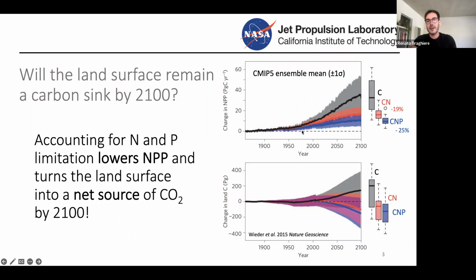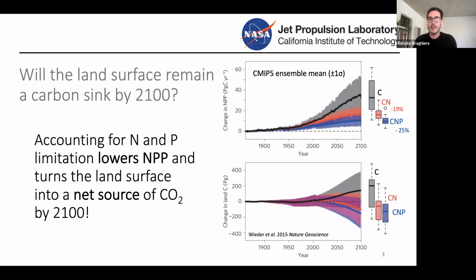And so these figures here were taken from this paper published in Nature Geoscience in 2015, where the authors asked the question: these Earth system models are saying that because of the CO2 fertilization effect, net primary production is going to be around 40 petagrams of carbon per year extra in comparison to pre-industrial times. Now, what would be the amount of nitrogen and phosphorus, the two main nutrients, required to support that initial photosynthesis predicted by those models? And when the authors calculate the amount of available nitrogen and phosphorus globally, they revise that